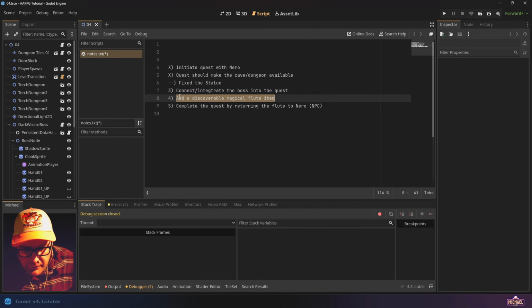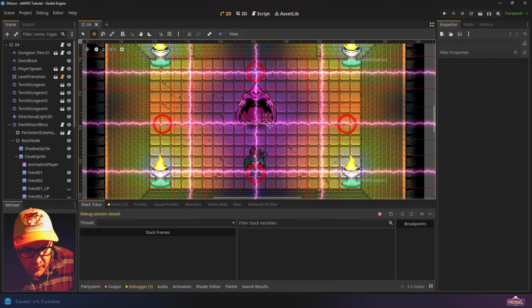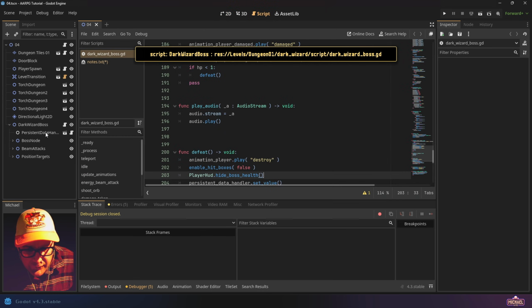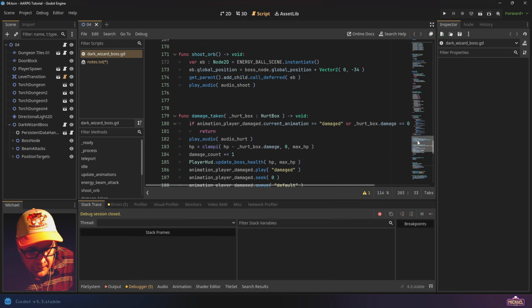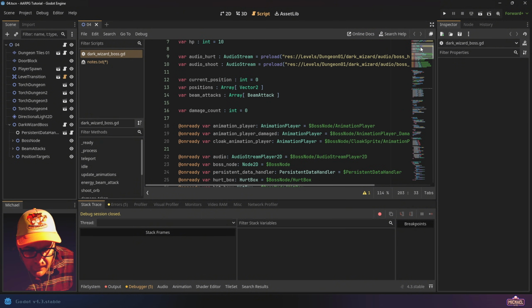And then we have to return the flute. So let's do this. Connect and integrate the boss into the quest. We already can't get into the dungeon until we have the quest, so we don't need to worry whether or not we have the quest, I don't think. But let's look at this. Let's look at this scene. It's kind of complicated, but if we look at the Dark Wizard boss, he has a persistent data handler on him. He's got a lot of scripting. Okay, but he has,